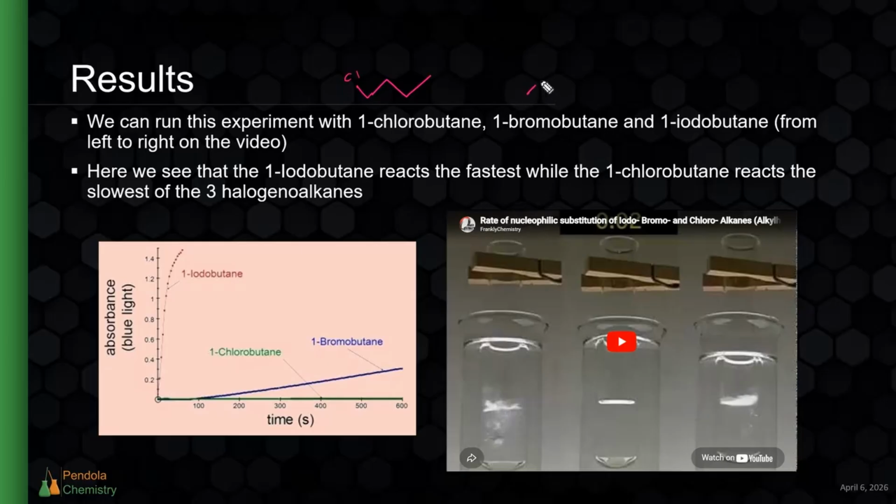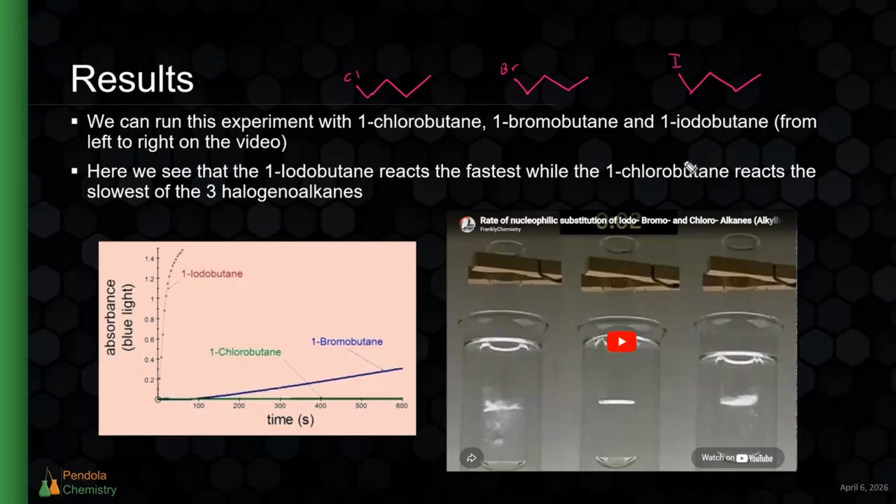1-bromobutane, so same thing, 1, 2, 3, 4, with a bromine on carbon 1. And 1-iodobutane, same thing with an iodine on carbon 1. So if we use the exact same halogenoalkanes, but with the halogen being different, and we react these with water, we can see that the 1-iodobutane will react the fastest, it will create the precipitate the fastest, while the 1-chlorobutane reacts the slowest